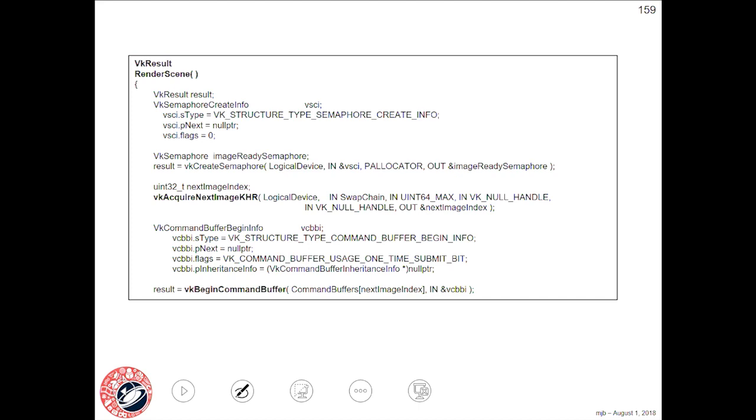Here is rendering. And rendering, as we saw before, had some number of these VK commands. So here we're beginning the commands. Now, I think in the next section, we're going to talk about something called swap chains. Swap chains are the Vulkan equivalent of double buffering in OpenGL, where you've got a list of places you can